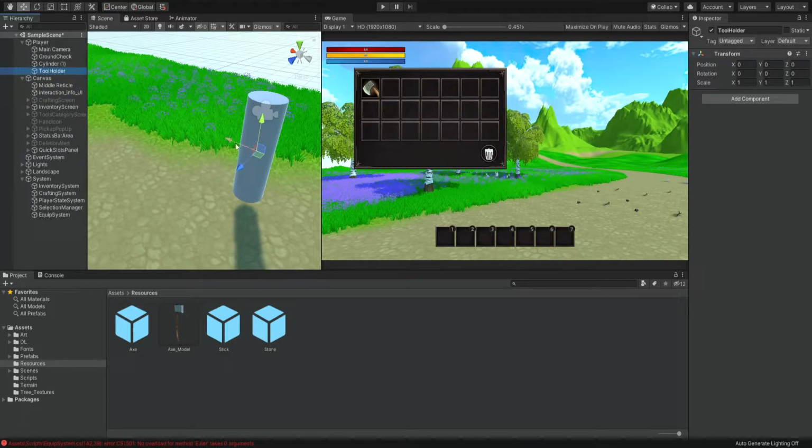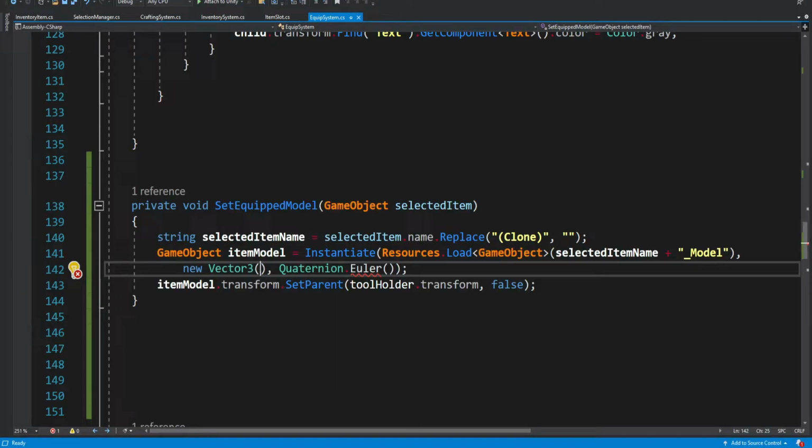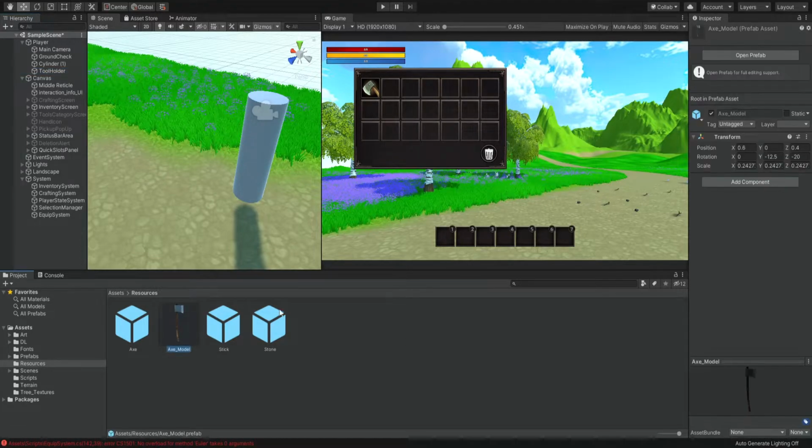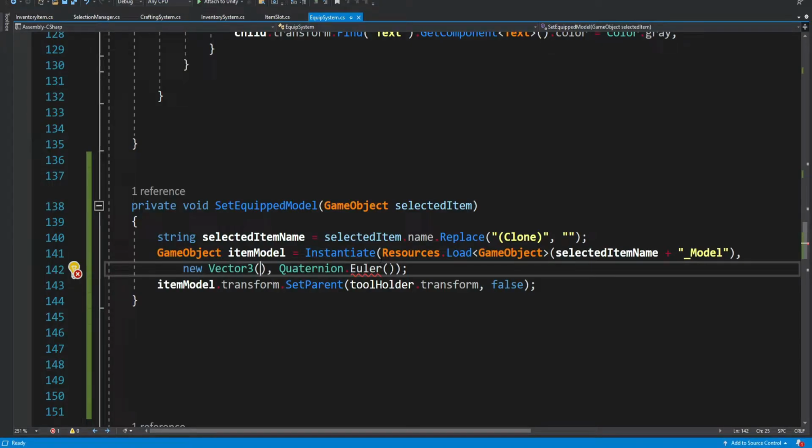And the position will be the positions that we provide over here. And the rotation, this rotation will be what we provide inside the quaternion. Okay, so this is just a method that deals with rotation. So for you, it's not going to be the exact numbers, only if you're actually going to use the same model and have the same scale and everything.